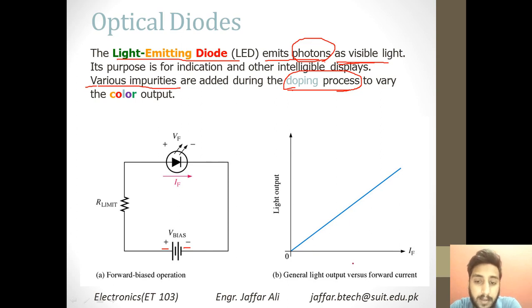Now look at the graph of this diode when it operates in forward current. As you increase the current, the light output basically increases. But if you increase the current too much, the diode will burst and it can get faulted. So this is a limitation: if you want to use a higher power or brighter LED, you should go for one that has a higher value of IF. A small LED normally works at a maximum of 1 ampere or 2 ampere, so it will work up to that 1 ampere or 2 ampere.